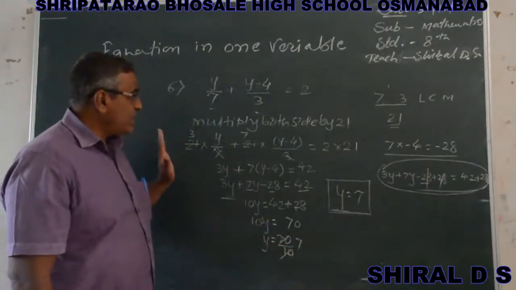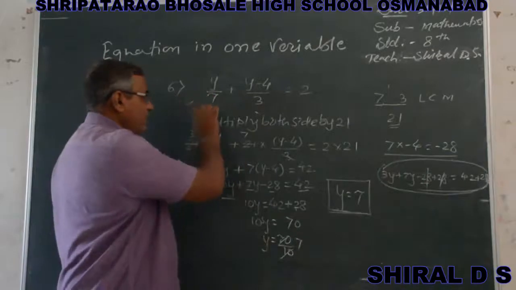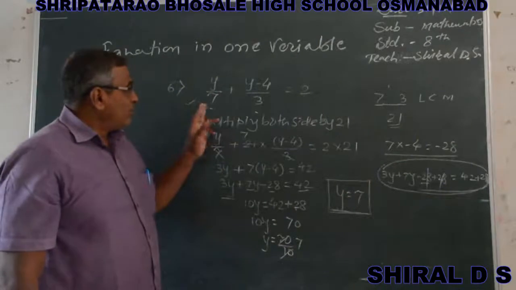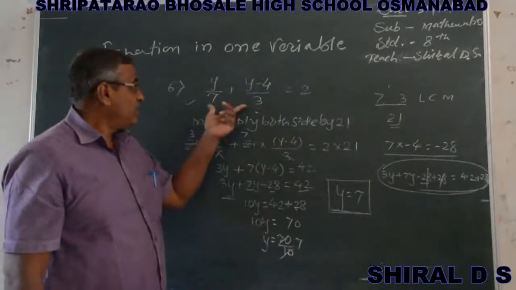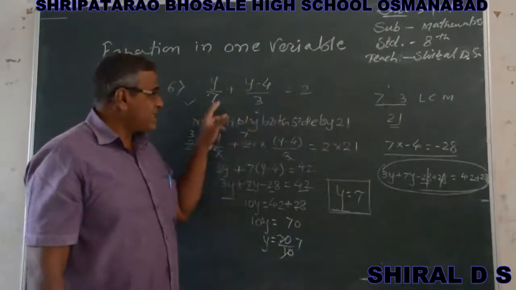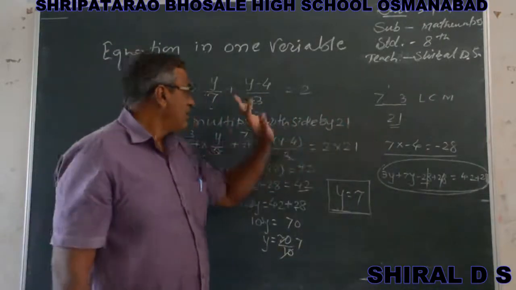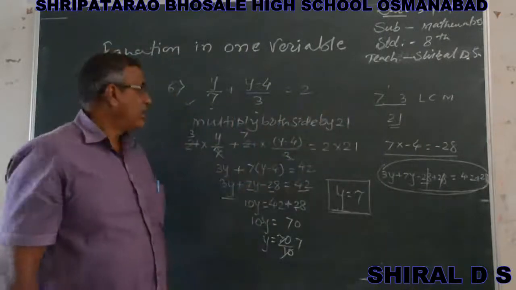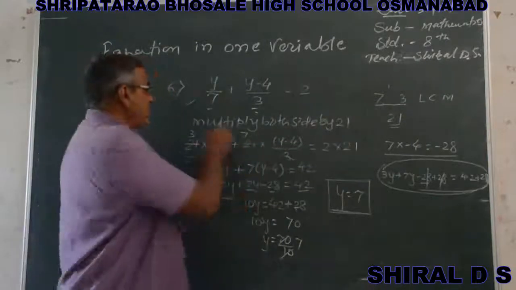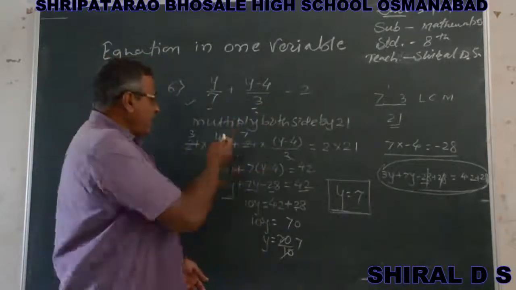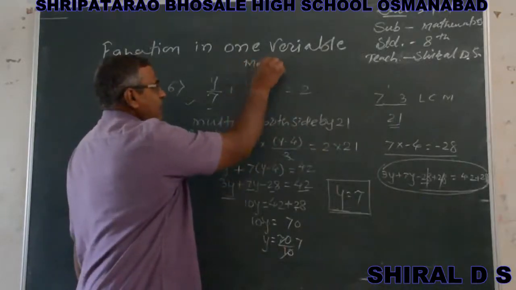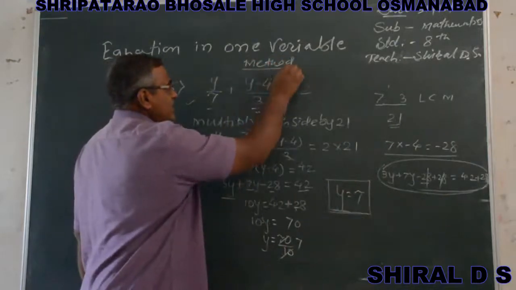Therefore we see how to solve the given example in this method, and this method is simple. In the first method we see these two terms, then we add the given two terms, then multiplication. But in the second method we simply multiply both sides by the LCM, then the denominator terms are cancelled. The denominator terms are 7 and 3. These two are cancelled here. Therefore we use the second method, and in this method we solve this example.